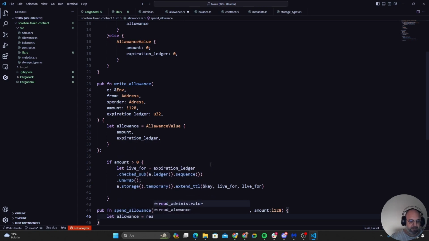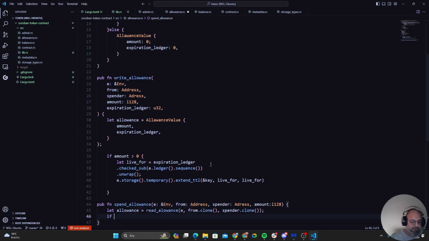It should have the read allowance inside, and in the read allowance as arguments we put E, and from clone, so it should use the same example, and then we go with spender dot clone, and